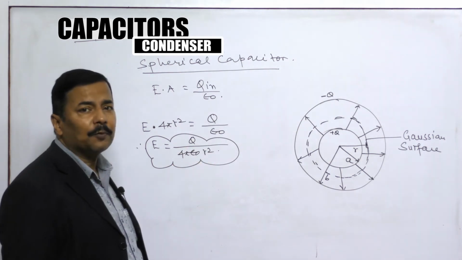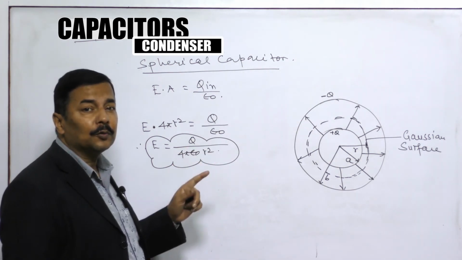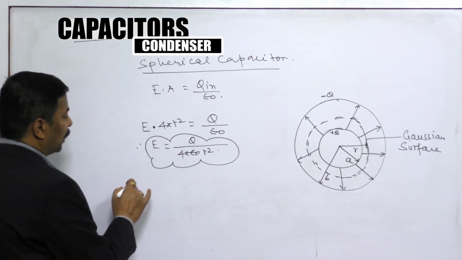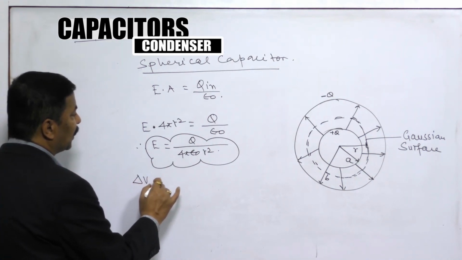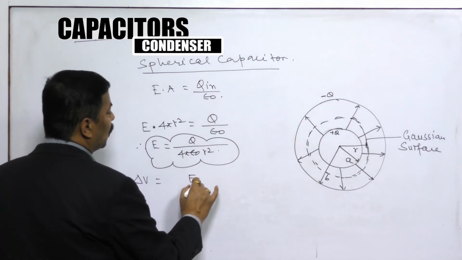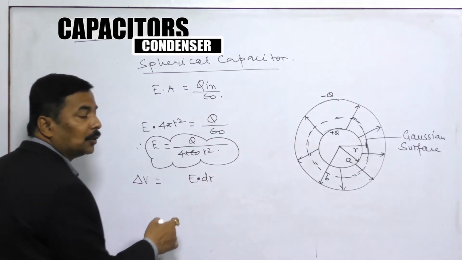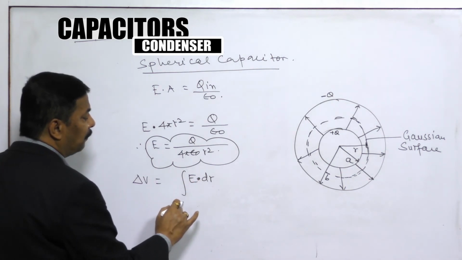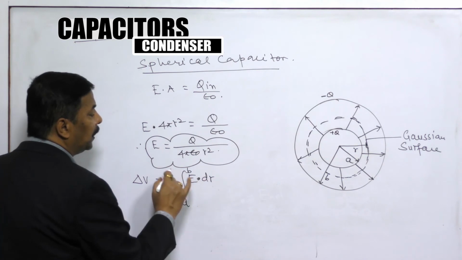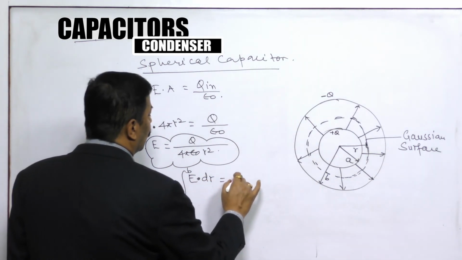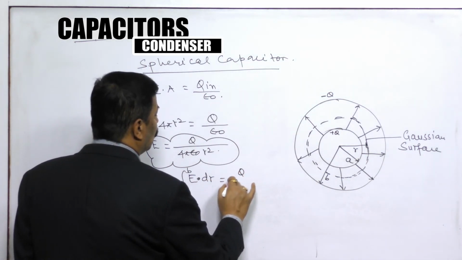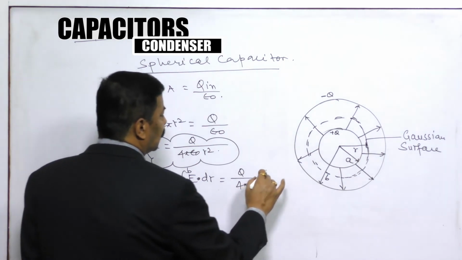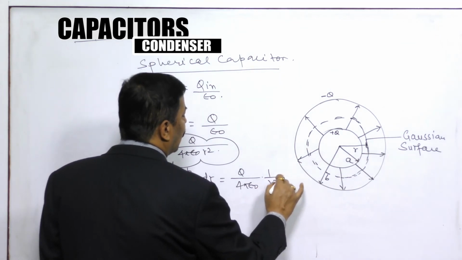So next step is what? Next step is to find the potential difference. So here potential difference delta V is equal to the integral of E dot dr. I am taking the magnitude, and the value r changes from A to B. This is giving you Q by 4 pi epsilon naught, 1 by r square dr